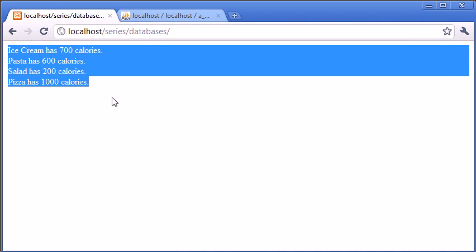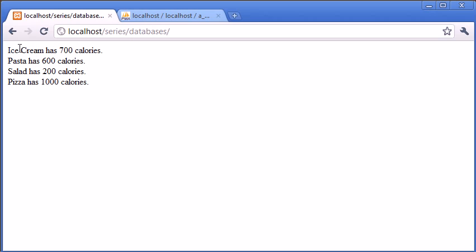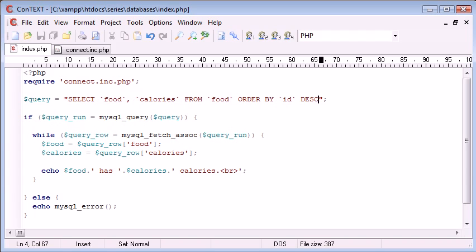So I've refreshed, and that's been updated, and you can see that it's still in descending order. We've got ice cream, pasta, salad, and pizza. So now what I want to do is modify my query to work with only healthy food. So I'm going to say select food, calories from food where, so before this order ID, where